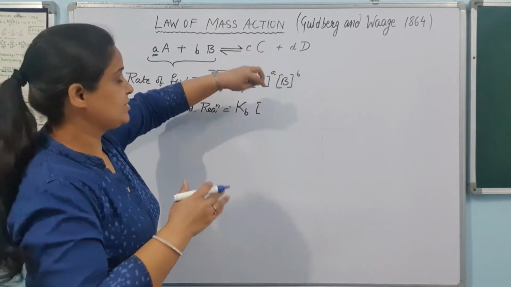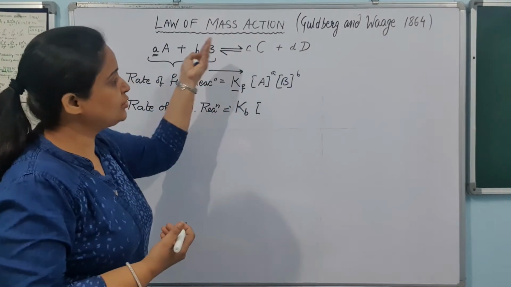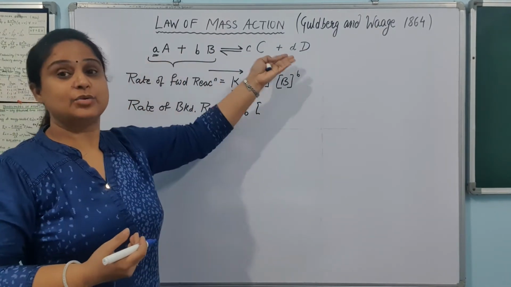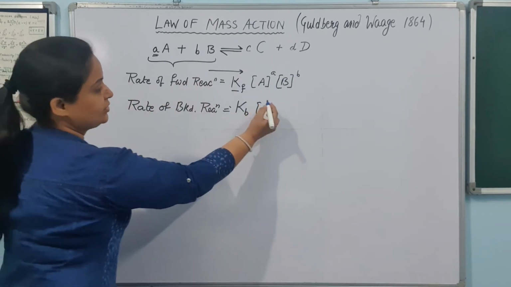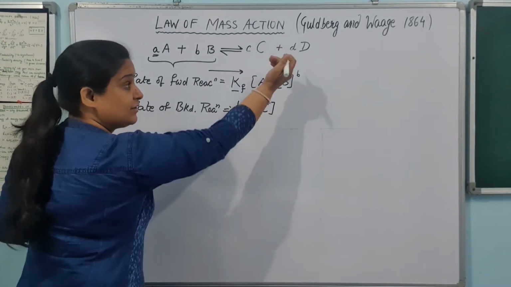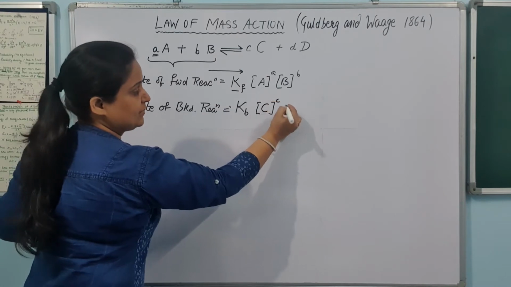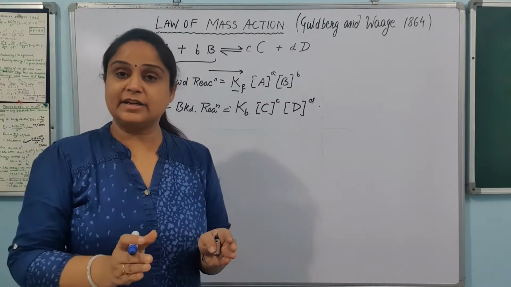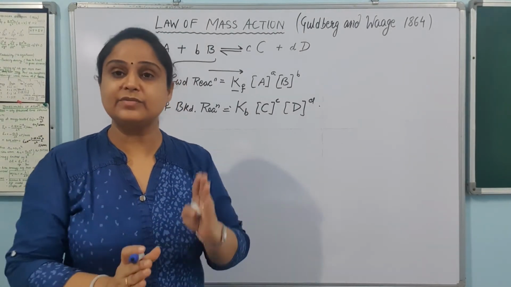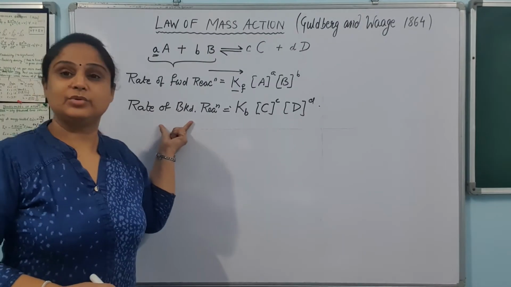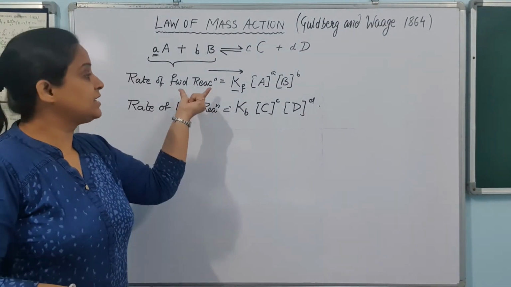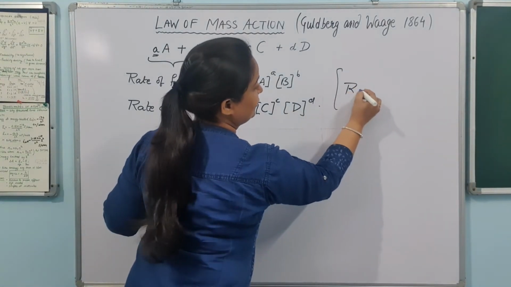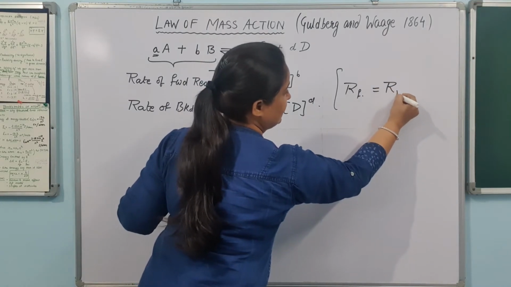अब this time now just observe, just consider this reaction going to the backside. When it is going to the backside, these are the reactant and this becomes the product क्योंकि ये हैं और ये बन रहे हैं. So what we are going to write down? The concentration of the reactant for the backward reaction, C raised to power c and D raised to power d. ठीक है. Now what happens is at the equilibrium, only at the equilibrium, rate of the forward reaction will be equal to the rate of the backward reaction. तो मैं इन दोनों को equal रख देती हूँ. ठीक है. So can I write it as rate of forward reaction will be equal to rate of backward reaction.